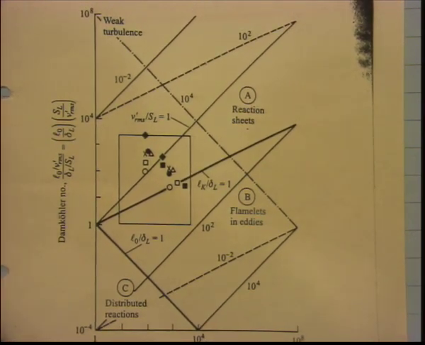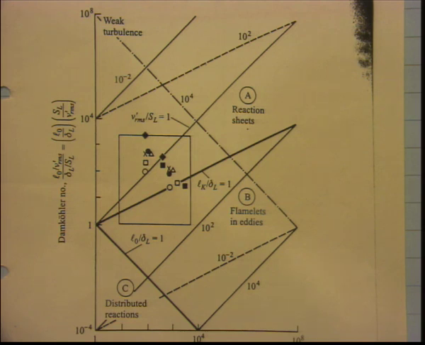The x axis is turbulence Reynolds number, the y axis is Damkohler number, and we looked at two solid lines. The lower solid line is LO by delta L equal to 1, and the upper solid line is LK by delta L equal to 1. Between these two lines is regime B, which is flamelet in eddies. So, this is an intermediate regime. The other two extreme regimes are wrinkled reaction sheets, which is marked with A, which is when LK is more than delta L,